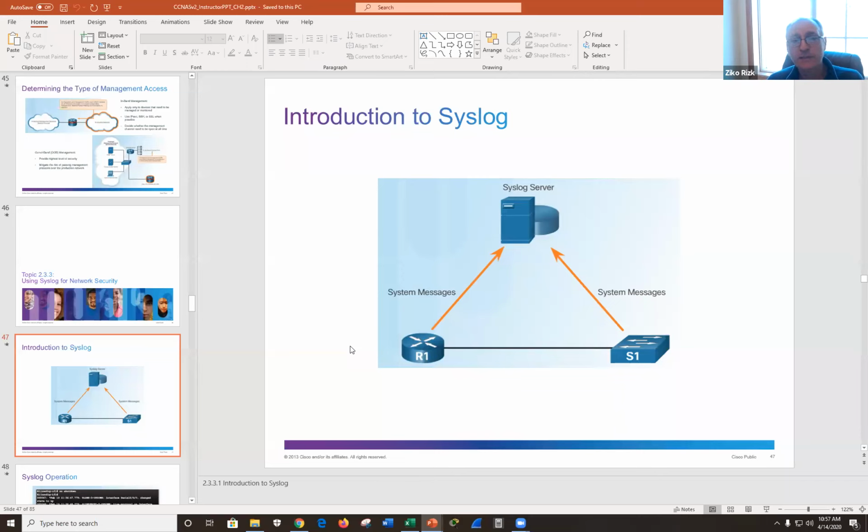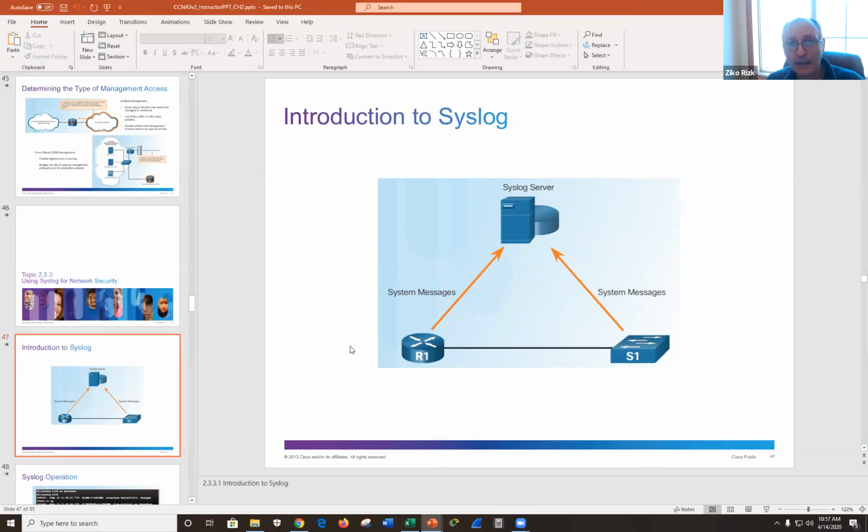And this is what the next few slides are about. So unfortunately, Packet Tracer is not very capable when it comes to logging. We will do something with it, but we're not going to be able to do very much. But what's really important that you take away is, we must log. That's what I want you to take away.